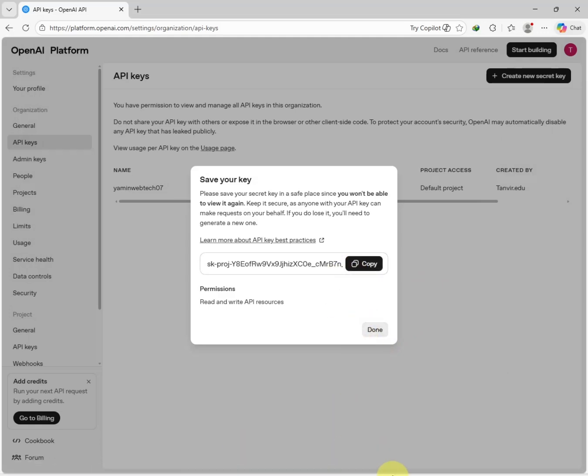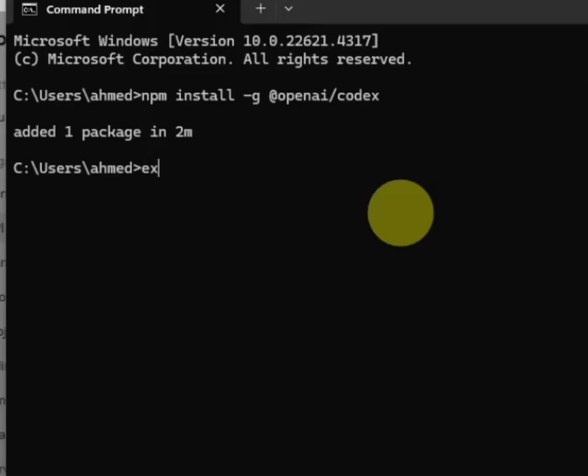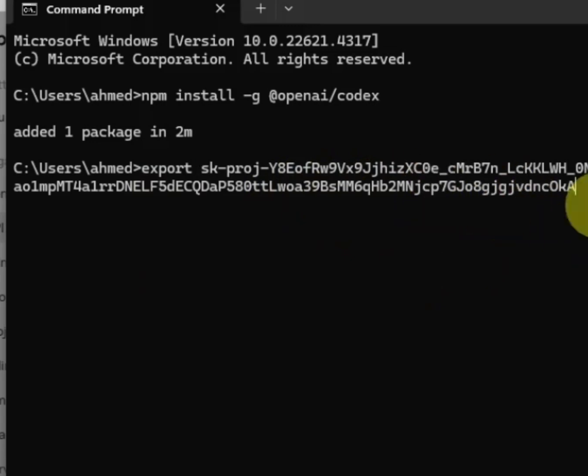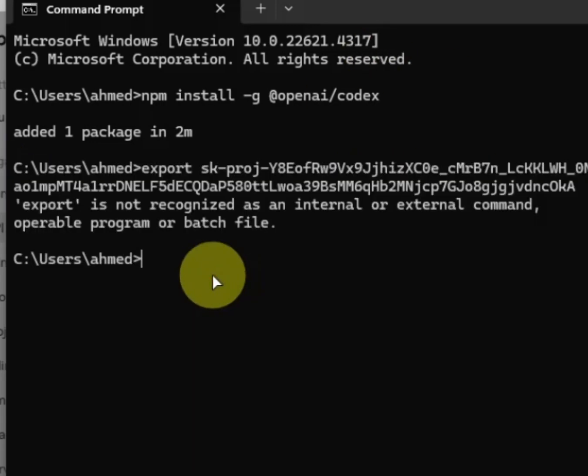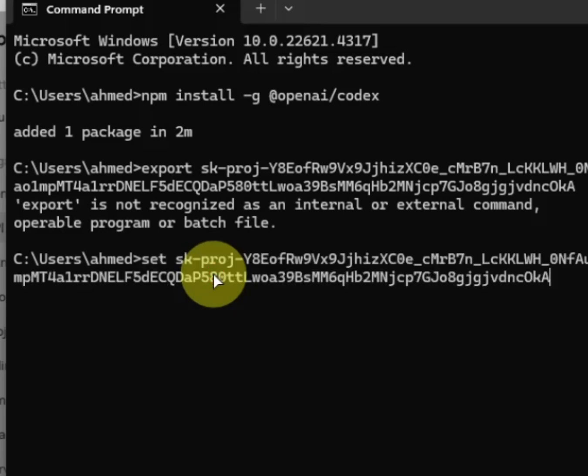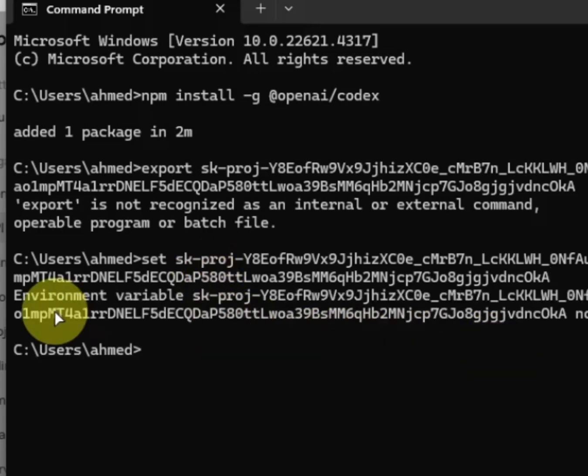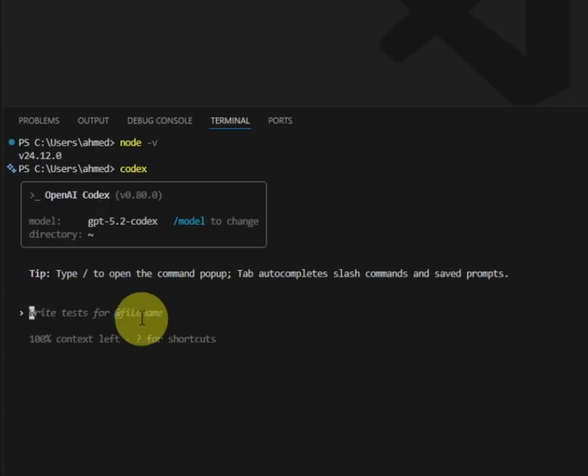Now let's go to the command prompt once again, type export, then a space, then I paste it, okay? Paste the key, hit enter. Okay, you see export is not recognized, so we'll say set here, okay? Set, then paste the API key, and now hit enter, and here you can see the environment variable added. After that, if you write anything here, let's say a prompt to generate a portfolio website, you can do this